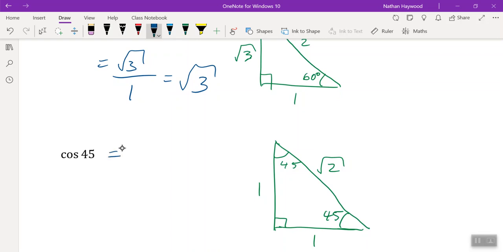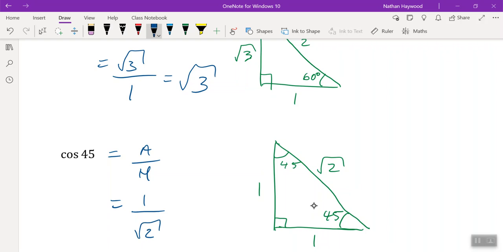What's the cos angle equal to for SOHCAHTOA? Adjacent over hypotenuse. What's the adjacent to 45 degrees? 1. What is the hypotenuse? Square root 2. So that is the